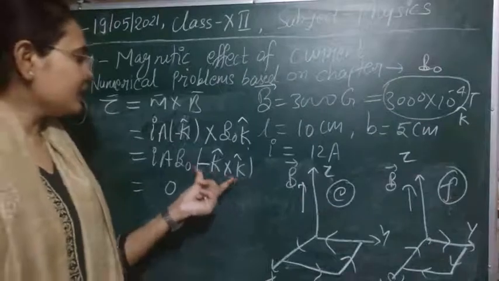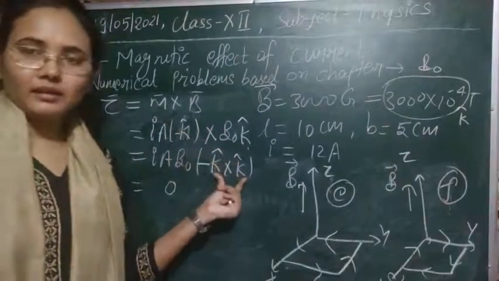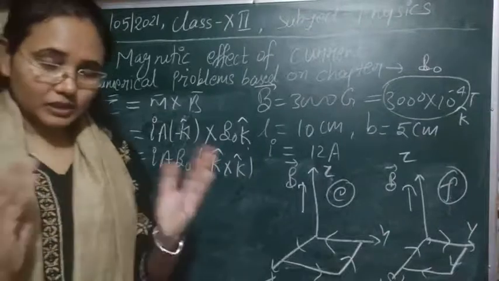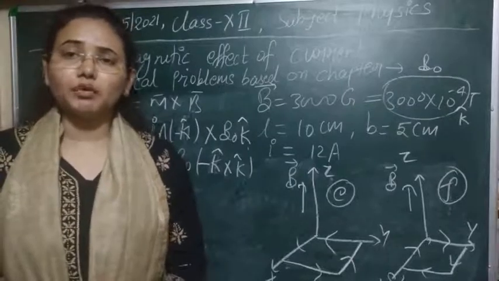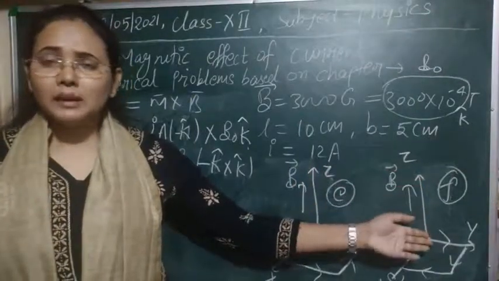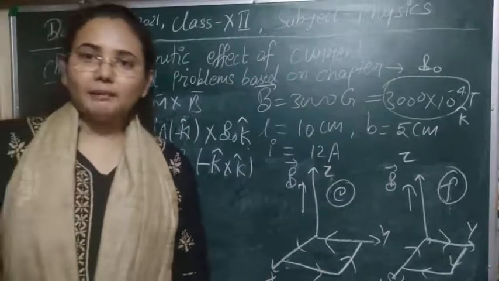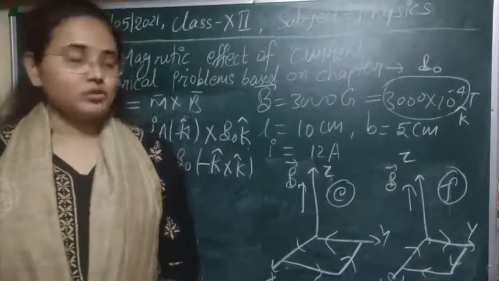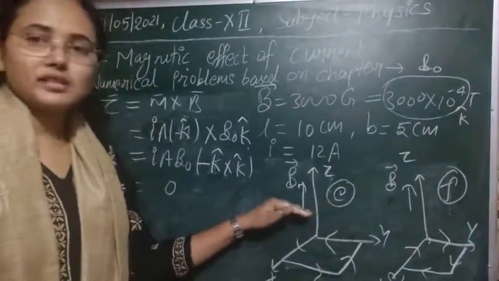If you see here, the angle between M and B in this case is minus 180 degrees, not 0. Actually it is minus 180 degrees, because this minus sign shows that these two vectors are anti-parallel to each other. The magnetic field is along positive z direction, and the magnetic moment is along negative z direction, so they are anti-parallel. And for the anti-parallel case, we know that the system is always in unstable equilibrium. So this is our case for the unstable equilibrium, and the earlier one is the case for the stable equilibrium.